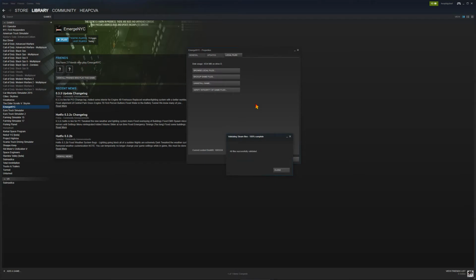I would say no. Now, I just got an all files successfully validated, which means good things happened. If you get something that says X number of files failed to validate, Steam will download those when you try to play the game the next time. If Steam fails to do that, which happens occasionally, you need to know how to close Steam out.